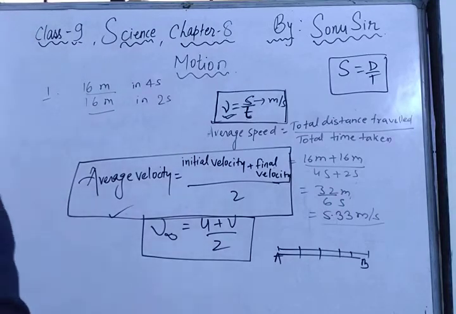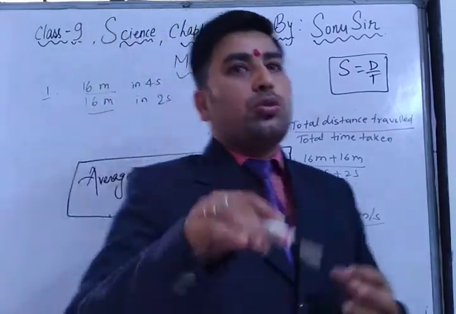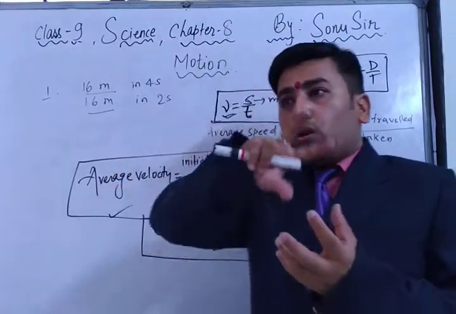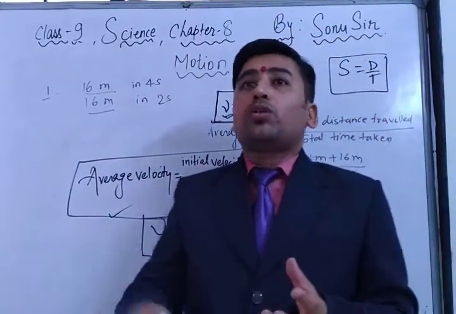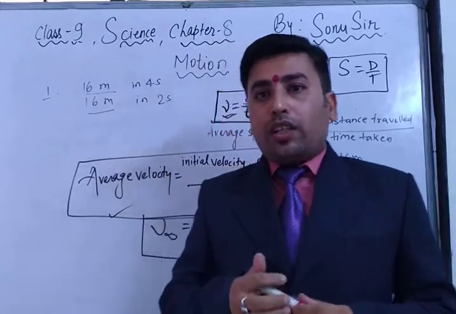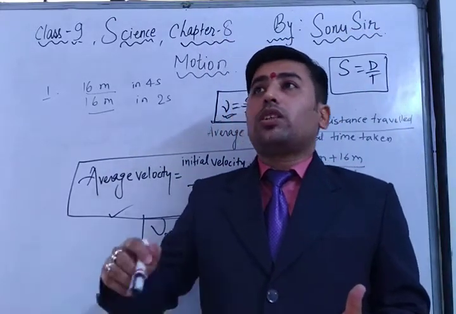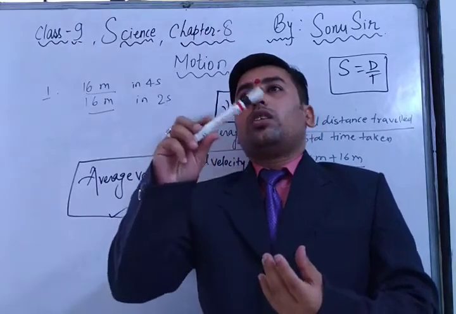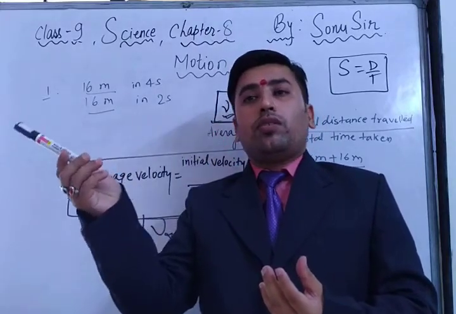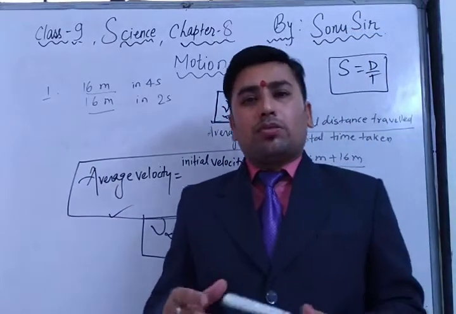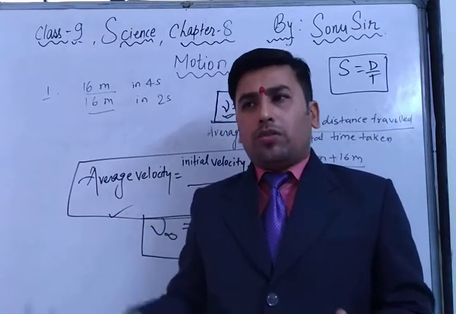The next question is, what does the odometer of an automobile measure? Have you ever seen an odometer in your car or in your bike, scooty? You have seen there are 2 round clocks, right? One is showing your speed, at what speed you are moving, or at what speed you are riding your bike or car. That time you can see it is moving from 0 to 30, 40, 60, 80, 120, 140, 160, 180, 200. Generally in the car, maximum speed we are moving till 200, 220, 240.